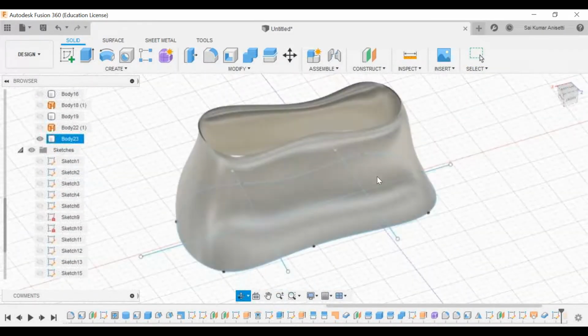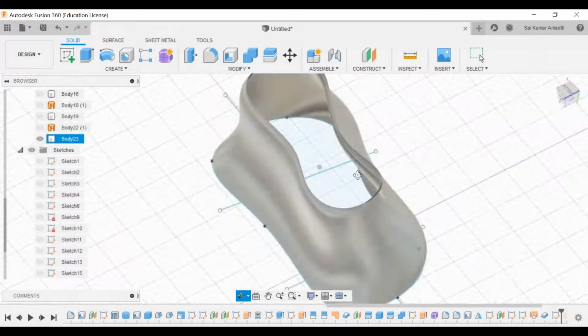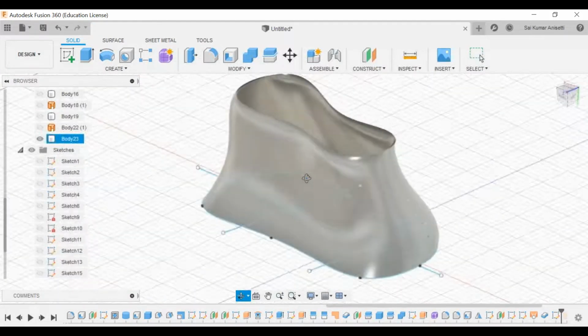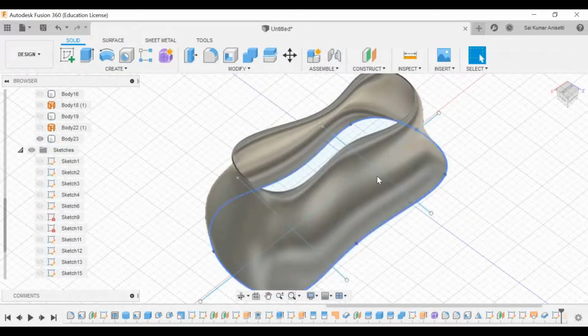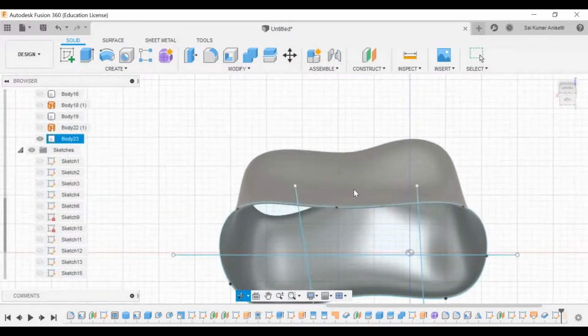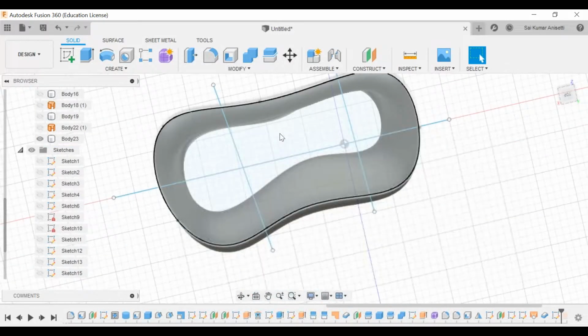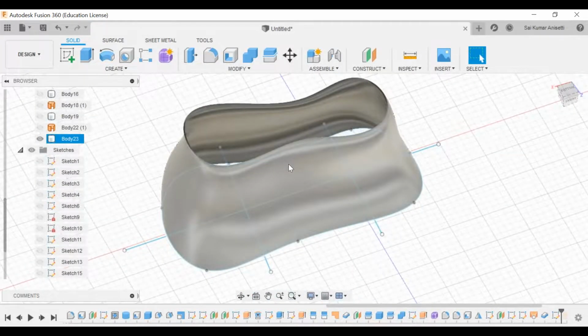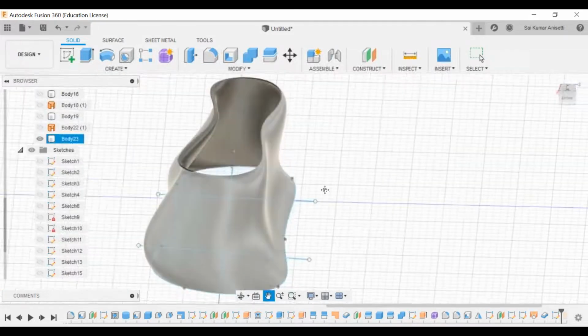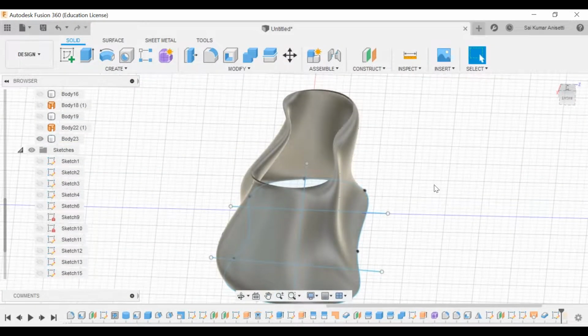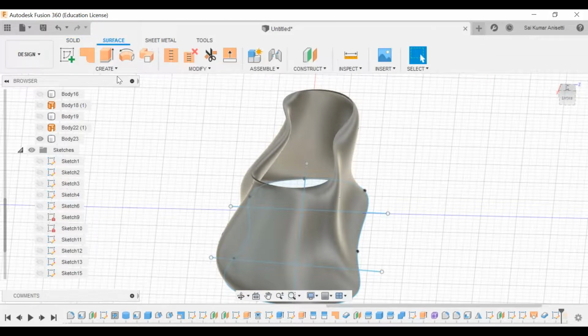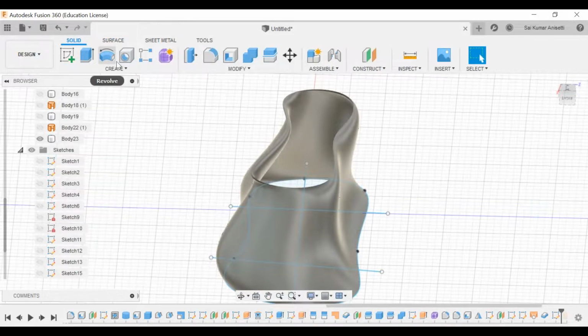For example, your cycle seat, your bike seat. Your seating design more or less would look this way. So you have a top surface, a bottom surface, guide rails and everything. Underneath that you need to make a web portion, you need to follow this kind of procedure, but that should have proper dimensions. Now I don't have dimensions, I've created it randomly. Got the point? So this is about your simple surface design, and combining surface design with a solid model, you will get all these kinds of structures. Okay? That is about your surface.